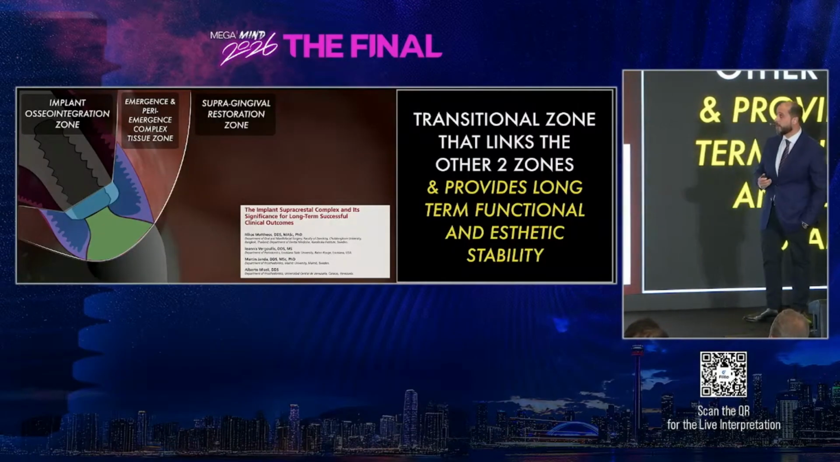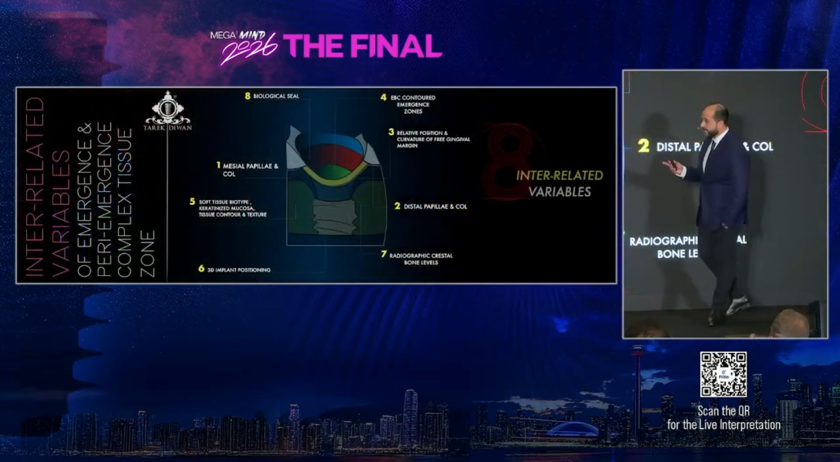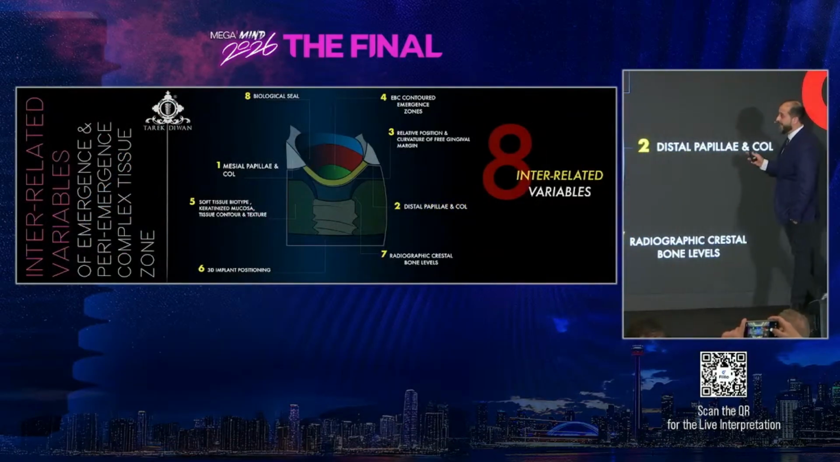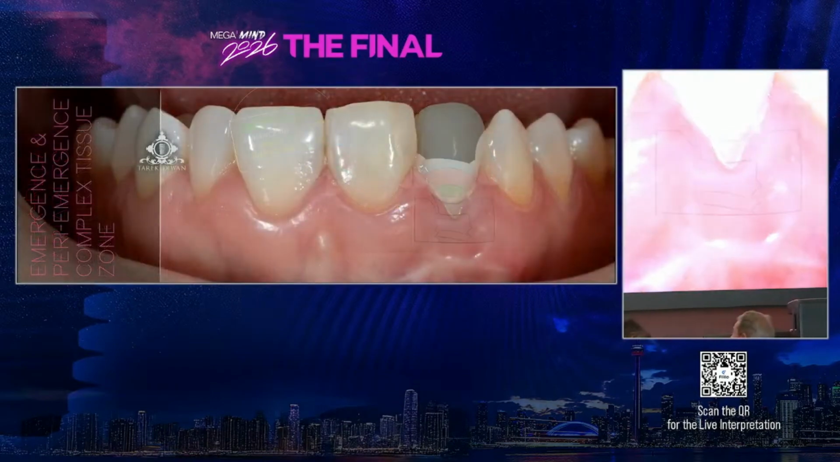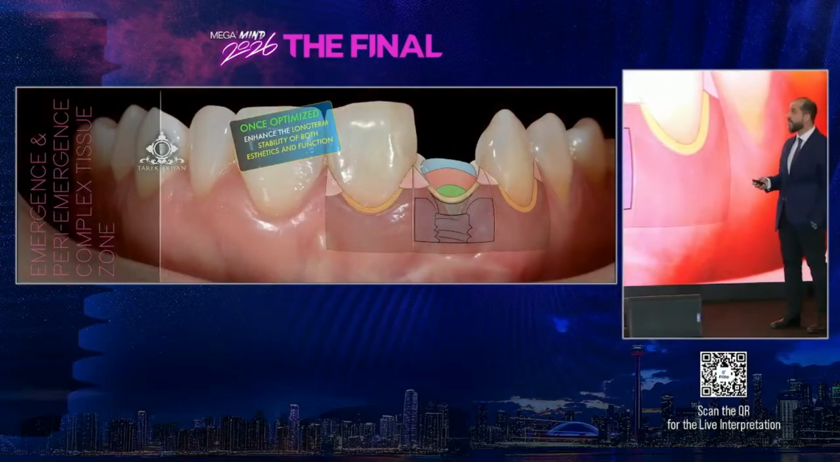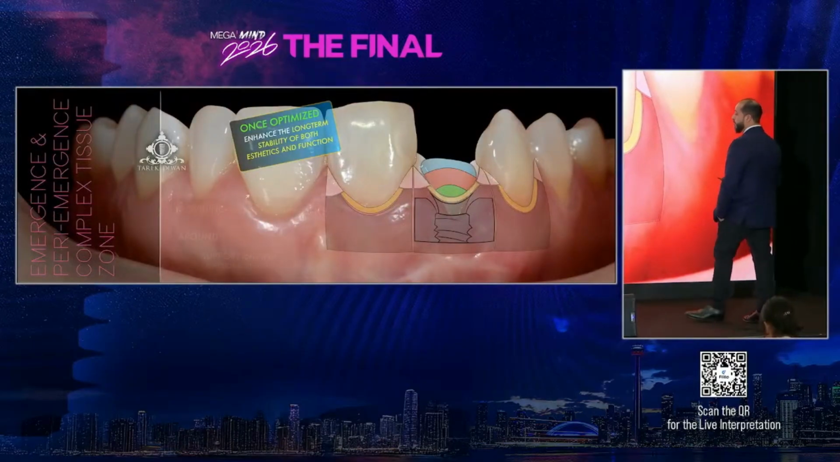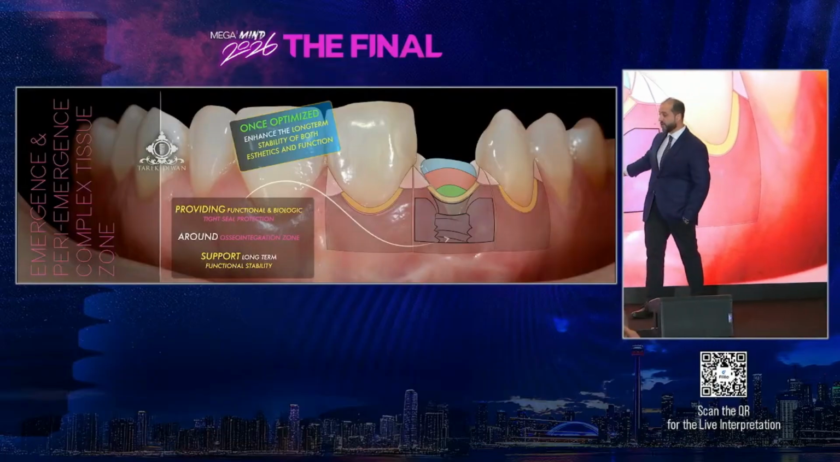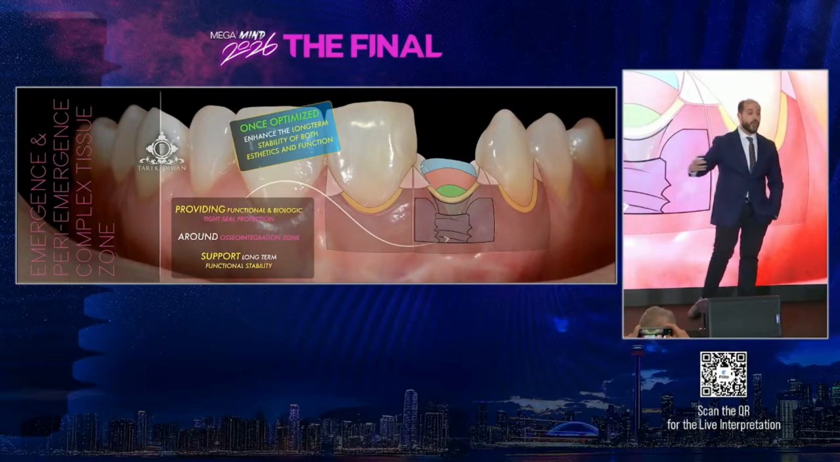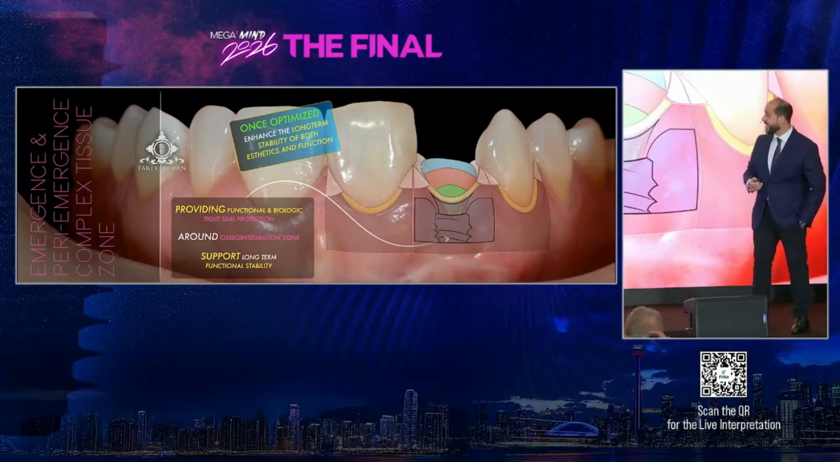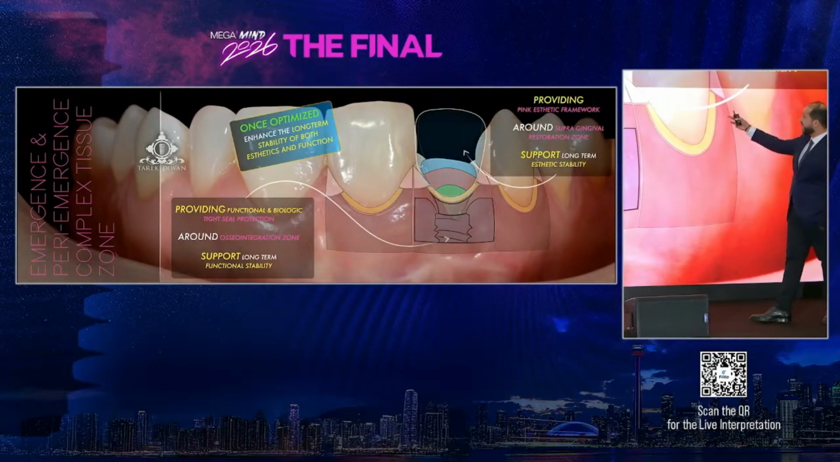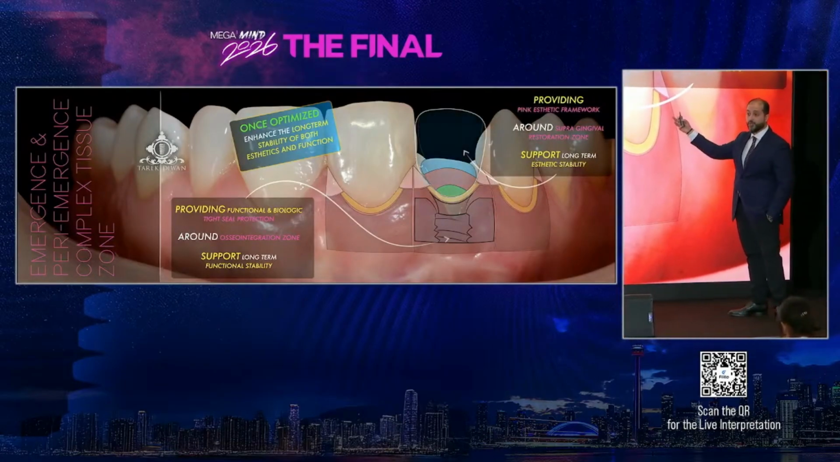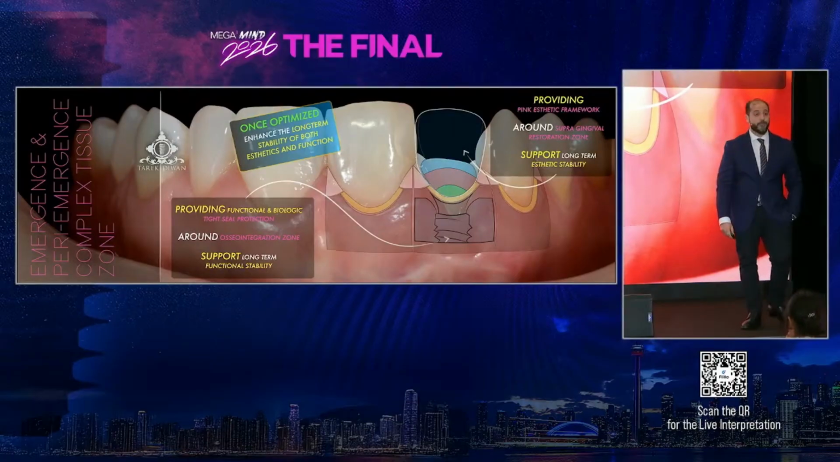the peri-emergence complex tissue zone, where basically this zone is composed of 8 interrelated variables that once optimized, then it will enhance the chances of the long-term stability of both aesthetics and function. First, by providing the functional biological tight seal protection around the implant osseointegration zone to support the long-term functional stability. And then it will as well provide the pink aesthetic framework around your white aesthetic, supporting the long-term aesthetics as